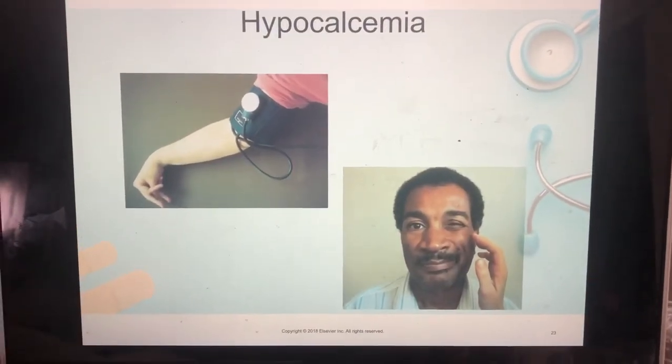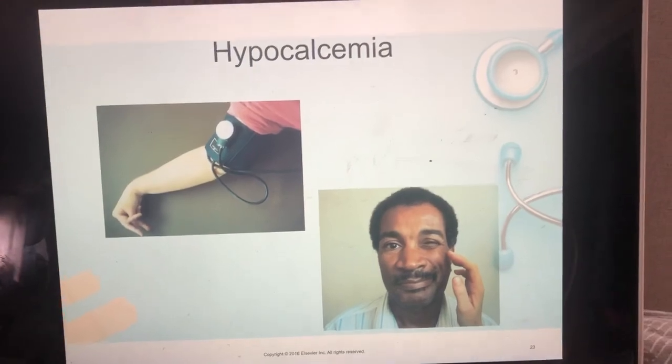So the top left picture is what we call the Trousseau sign. So it's a contractibility of the